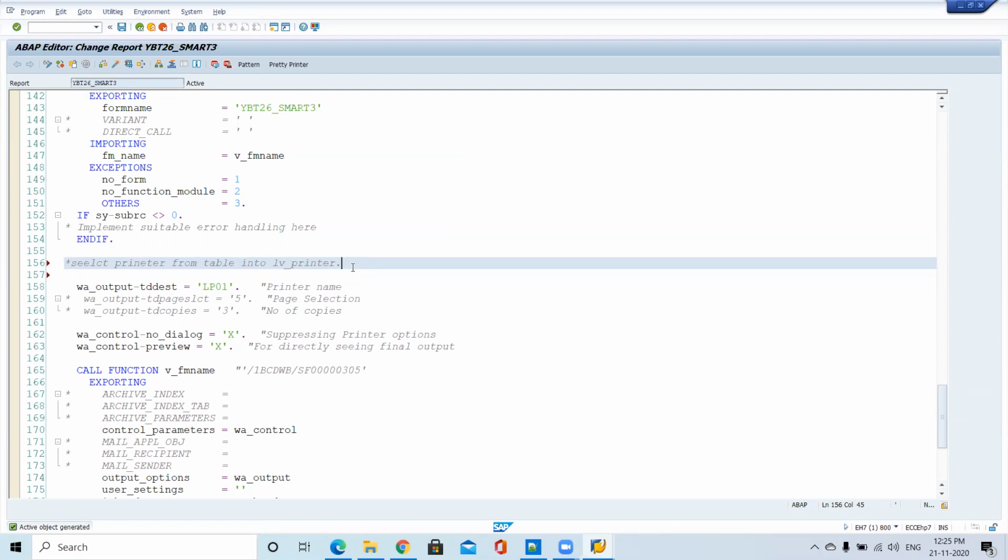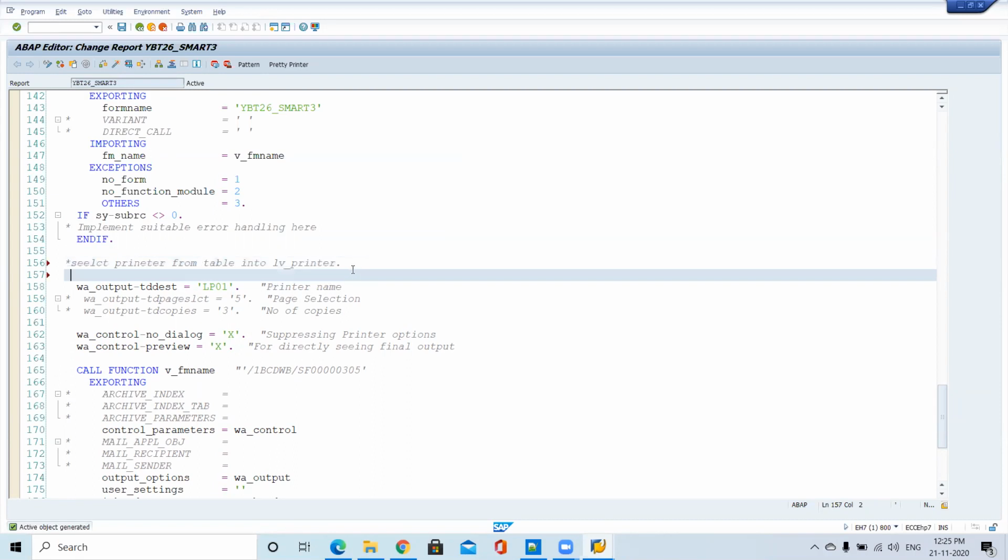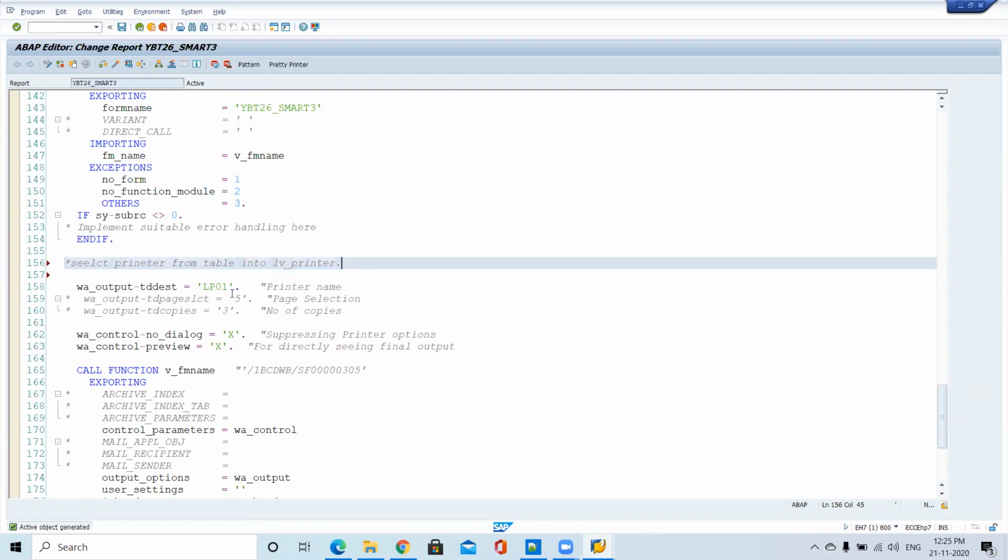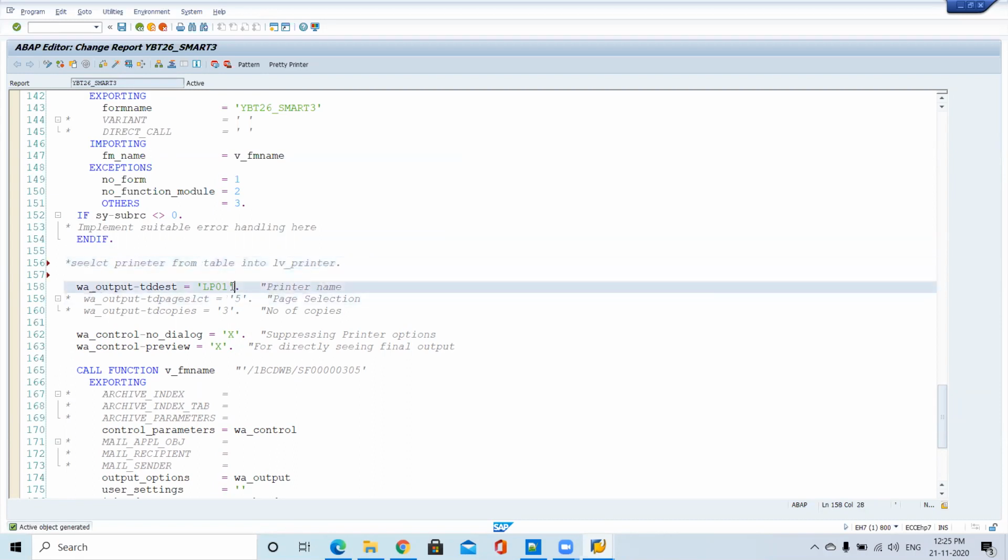Normally SAP also provides a function module: I pass my username, and it gives the printer name, the properties for that user. So either from a query or from the function module, I will get the printer name and pass it dynamically from here.